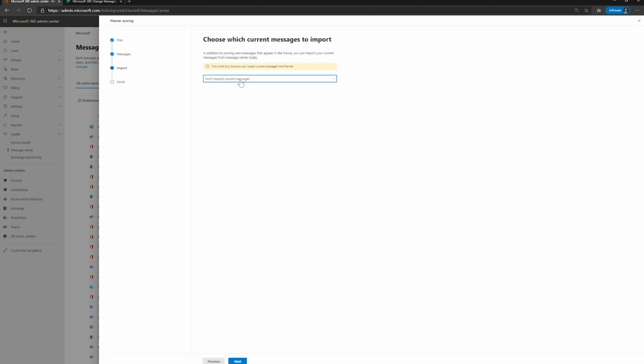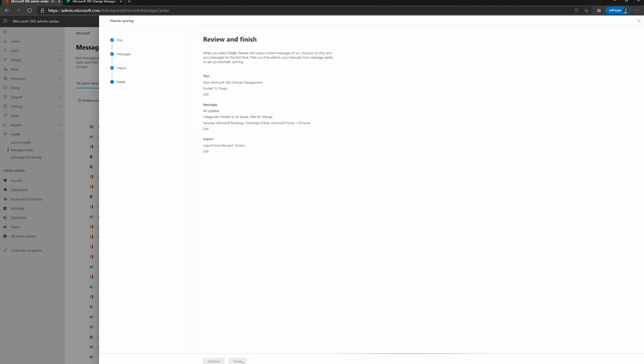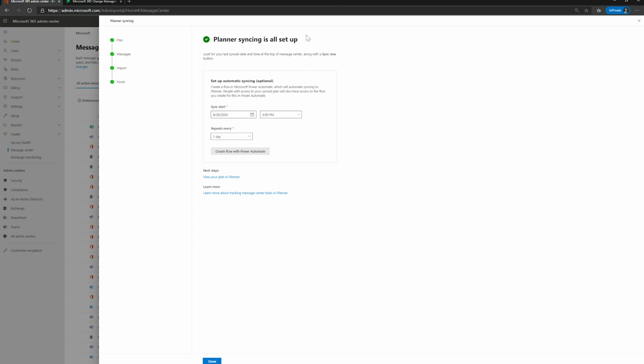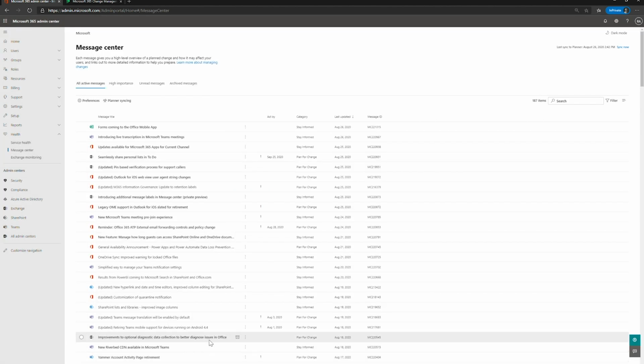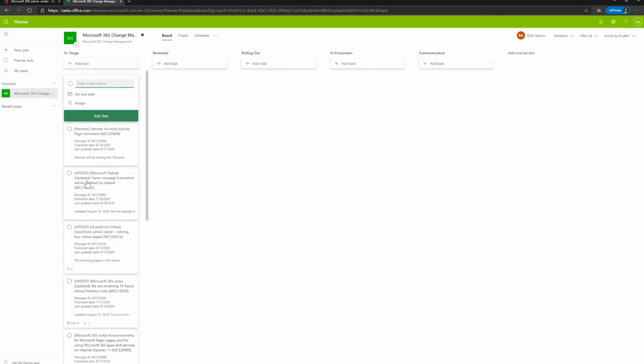And I can choose to import current messages up to the past 28 days, which will pull in the historical data from that time frame into Planner. And once I review and finish, this is going to set up that sync. And I can choose to automatically sync all of my messages. Once this is set up, I see when the last time it was synced to Planner and have an option to sync now. You can see that all of these message center posts are now showing up inside of my